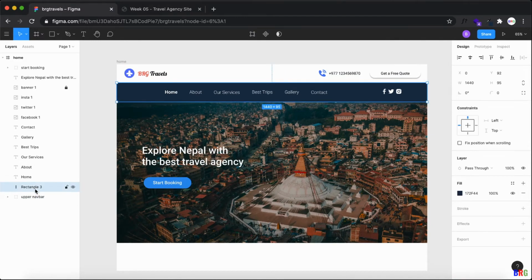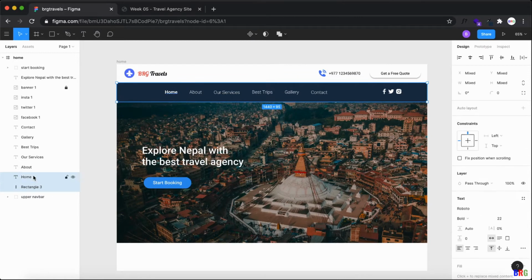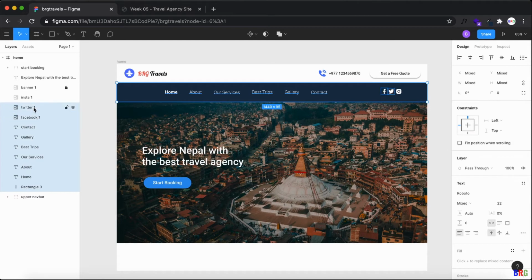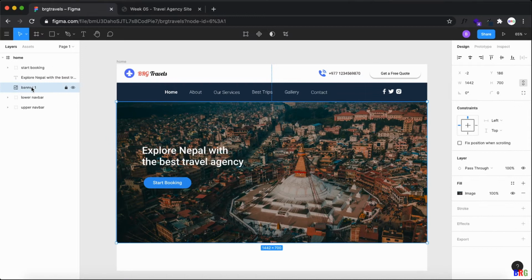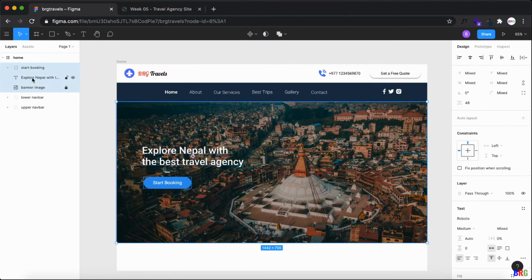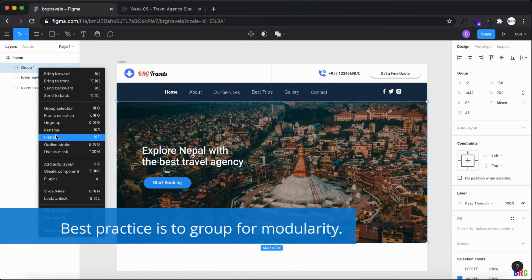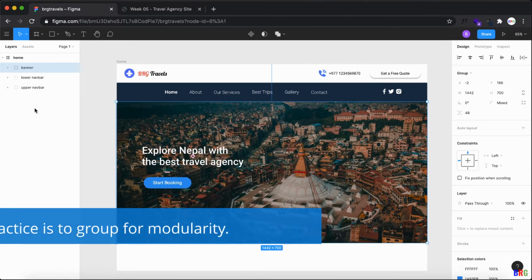And then rectangle 3, Control, home, about, services, best trip, gallery, contact, Facebook, Twitter, as Control G, the lower navbar. The banner is one thing, okay. Instead of that we can rename it as banner image, and we can group 1, 2, 3 as banner, okay. So this way you can properly group your designs.